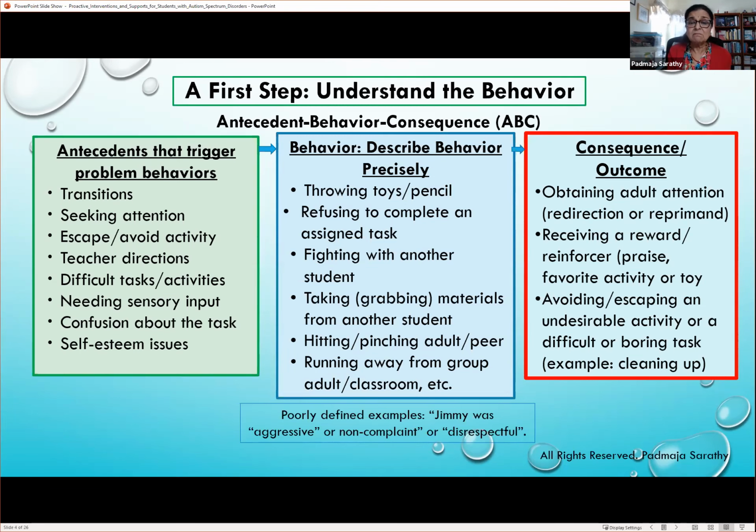Is he throwing a pencil? Is he refusing to do a task that's been assigned to him or her? Or is he or she fighting with another student, taking materials from another student, pinching or hitting either a peer or an adult? Or is the student running away from the classroom or the group, or running away from a task that you have assigned? So you have to be able to clearly and precisely define that behavior so that you can take the appropriate action